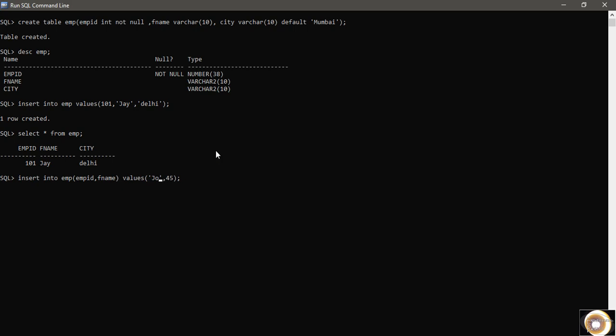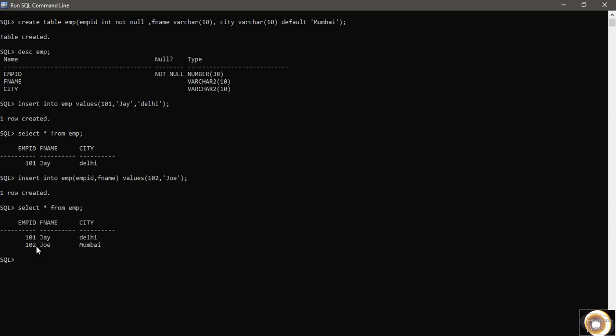Employee ID is, let's say, 102, and first name is, let's say, Jay is already there, so I can give Joe. I'm not inserting a value for the field called city. One row created, select star from employee.